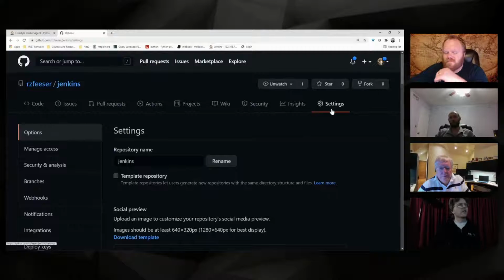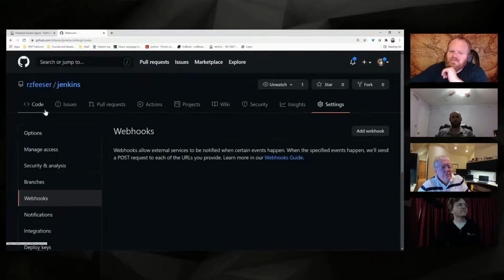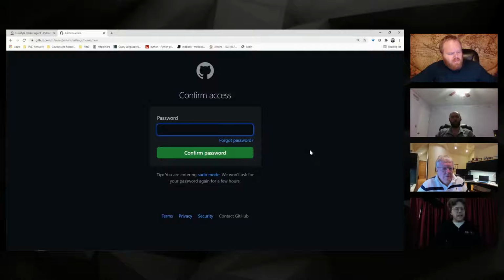Step two is to go into settings and come down to webhooks here. And then you just have to add a webhook. So if I hit add webhook here,